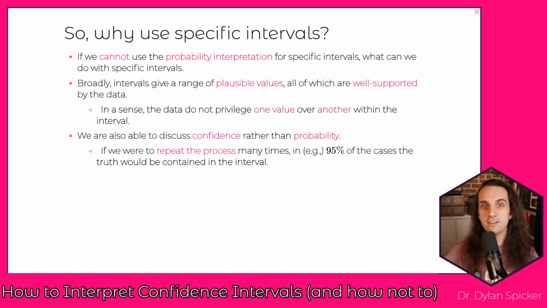What this means is that if you were to go out and fit this 95% confidence interval, and then you take another sample and fit a 95% confidence interval using the same process, and do this again and again, and you continue doing this forever, then 95% of the time, the intervals that you calculate are going to have the truth in them. You can't say anything about any one specific interval that you do calculate.